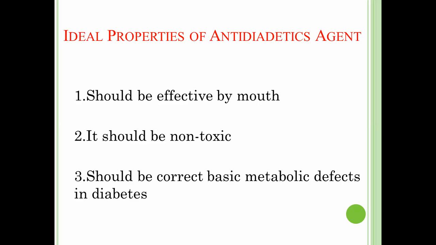Do you understand the properties? Ideal properties of an anti-diabetic agent. It should be effective by mouth. When it is administered by mouth, then it should be effective, meaning it should show its action as an anti-diabetic agent. Then what is the second ideal property? It should be non-toxic, meaning it should not produce any toxic effect. Then the third one: it should correct the basic metabolic defect in diabetes. The metabolic defects in diabetes, defect means